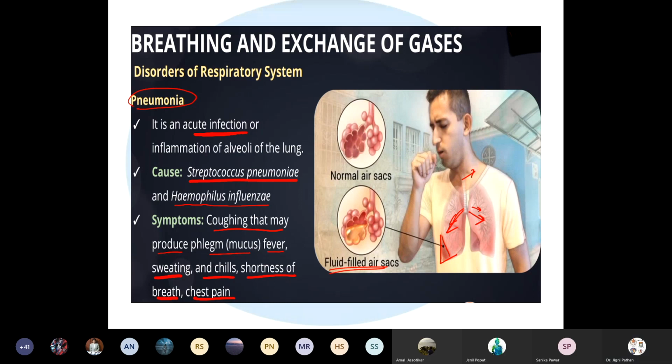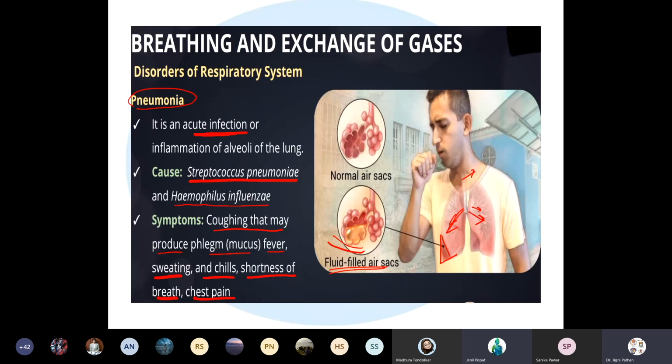Is it clear? The blood vessels are here. The exchange will take place here. If it's not taken care of, then it might lead to death also. You should not allow the infection to reach the lungs. The causative agent is important. The symptoms are important. And where it attacks is also important. Done? No, ma'am, wait. Okay, write down. No worries. Take your time, understand, and then write down.